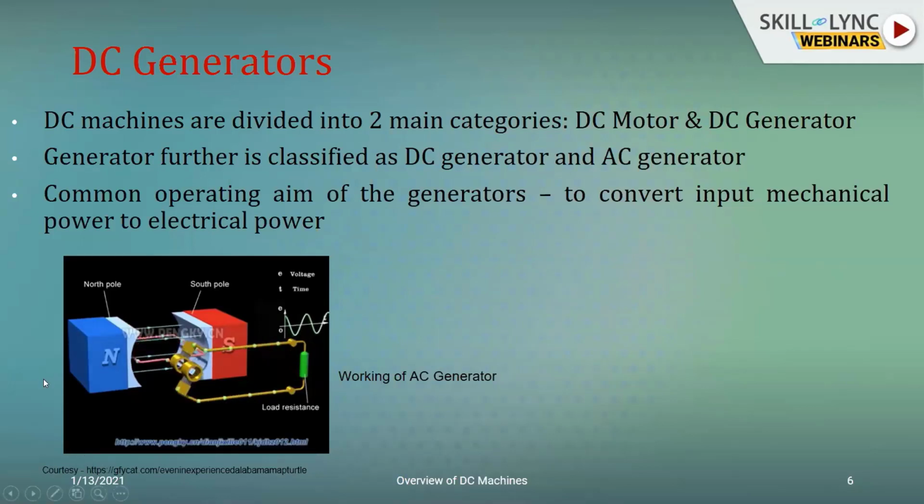It could be a potentiometer, or a small lamp load, or just a basic resistance. So the commutator plays the role of rectification, because of which you have the final output as DC. That is how this AC generator can be made to work in a DC mode. But in this particular diagram, there are no such elements. It is purely an AC output.